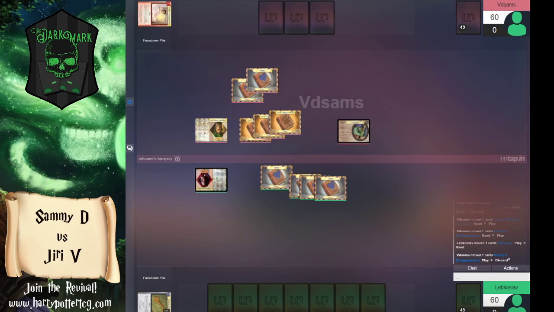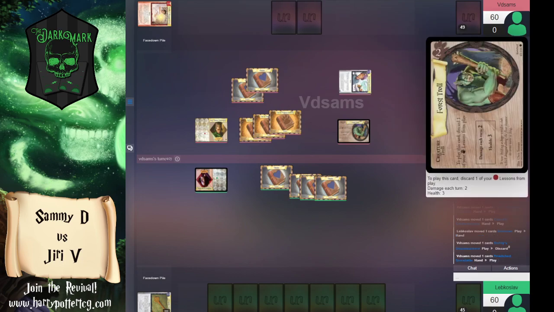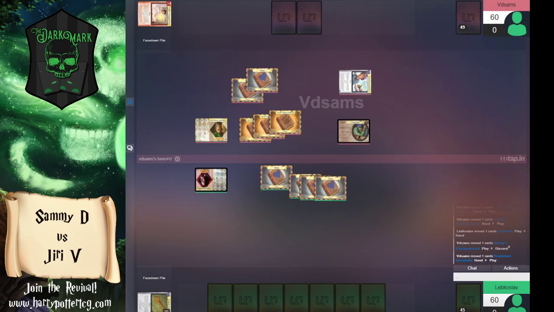Goodness, and the forest troll hits him and throws a vault key into the garbage, and the vault key is exactly the top deck that Jiri wants to see. I mean, he might already have one in his hand, I'm just saying. So Sammy, he uses